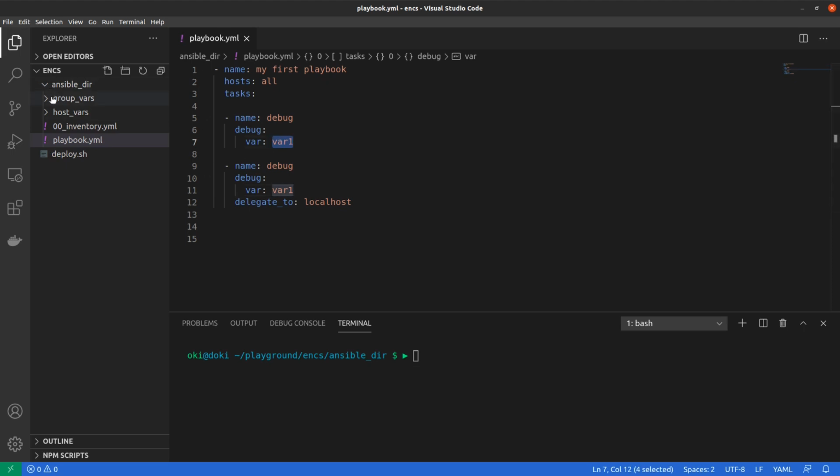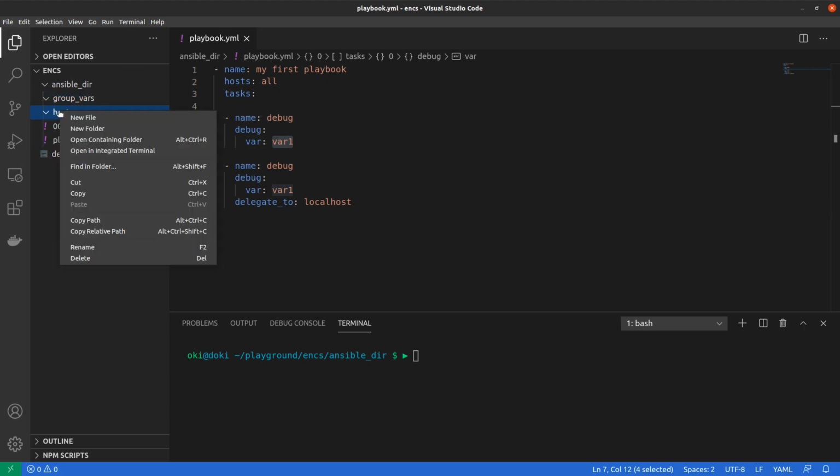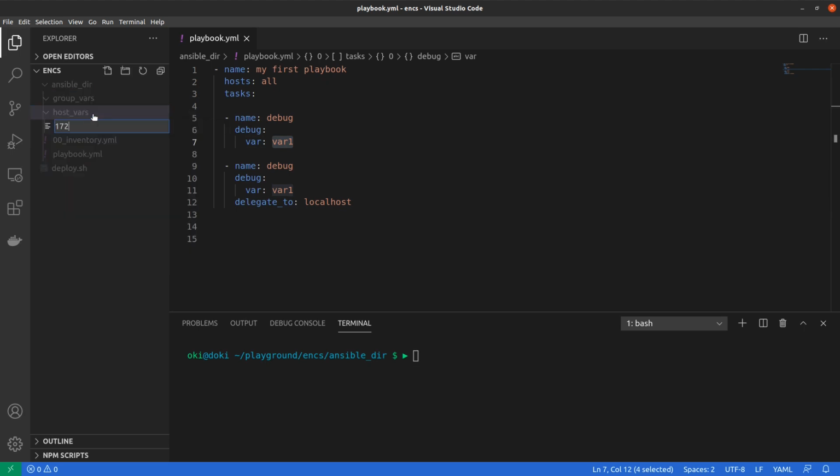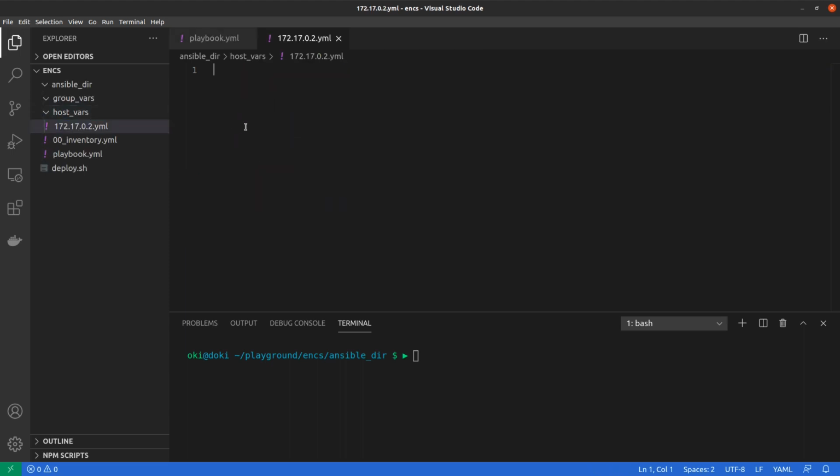To do that, I create 3 files with the name of my inventory hostname, 17.170.2.yml, and I paste var1, and I set my variable.